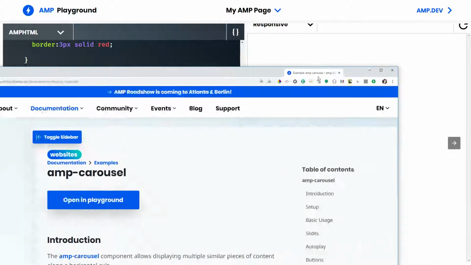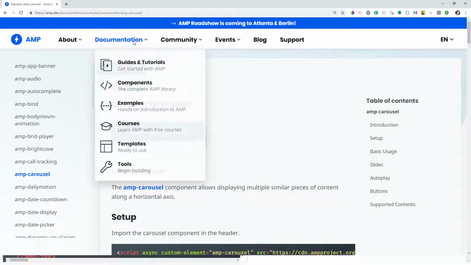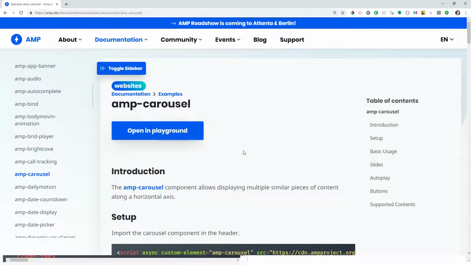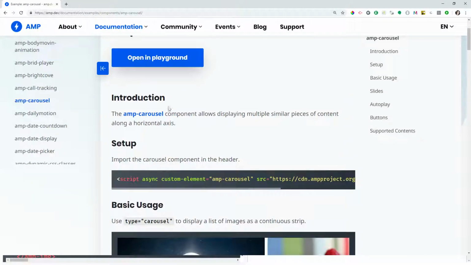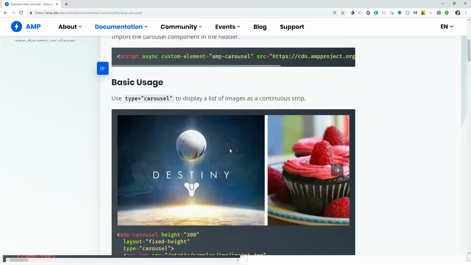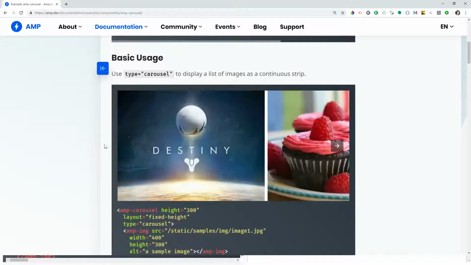and then open the AMP carousel page and documentation. Now there are two types of documentation in AMP. Either the playground, the AMP by Example, which is now hooked together with the amp.dev documentation. I know it's confusing. They have a lot of examples you can look through, and I think that's really cool.